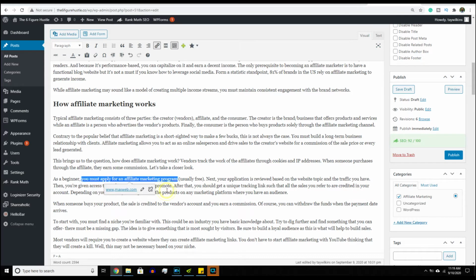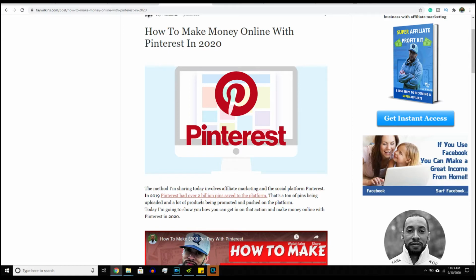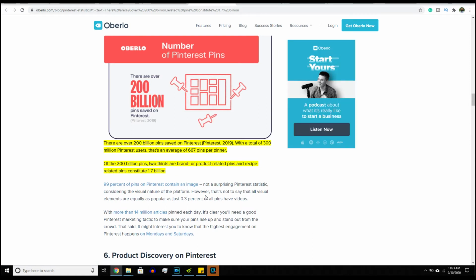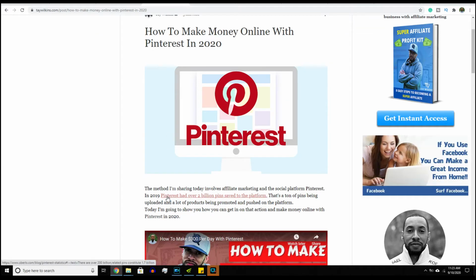The other outbound link you'll want are links going to external websites. Most people think it's stupid to link to other blogs and websites, but Google actually likes it. There are a couple of ways you can do this. You can either recommend another blog or website that's similar to your niche and just mask the link the same